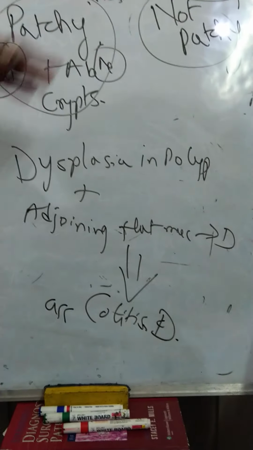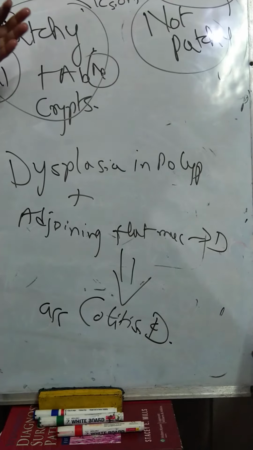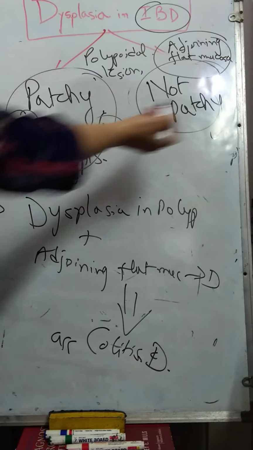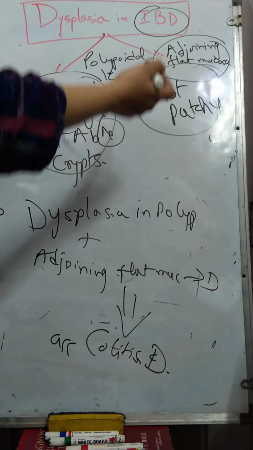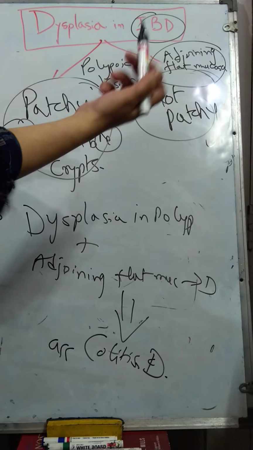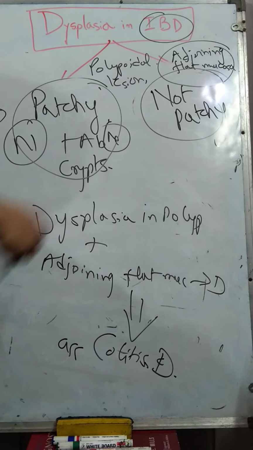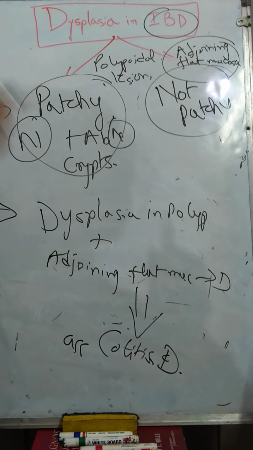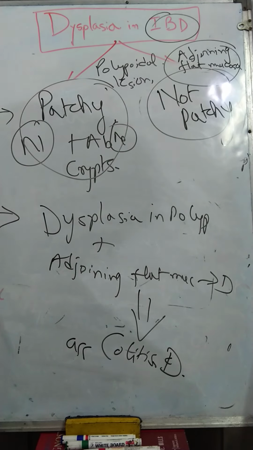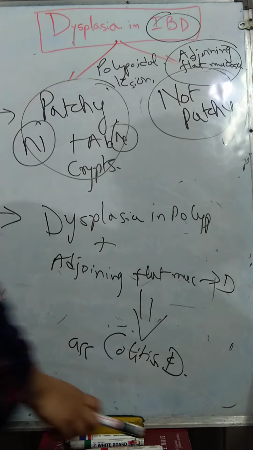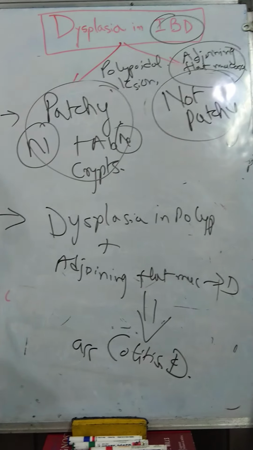On the other hand, in a sporadic adenoma, the polypoidal lesion will only show you the dysplasia. The adjoining flat mucosa will not show you any evidence. Usually, the word is usually, will not show you any dysplasia. So these are other ways of saying. But again, as said, it's easier said than practiced. But one should always make an attempt to do so, because as I told you, huge treatment implications.